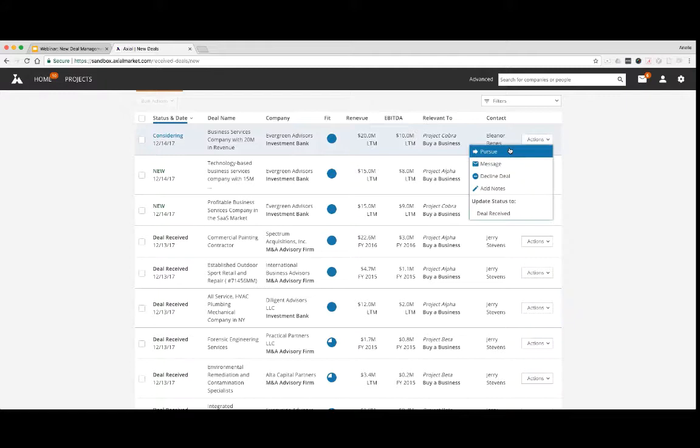You want to pursue it after receiving the information. You click pursue. You can send them a message or decline the deal. You can also update the status. When it's new, you can only update it to deal received. Once it's in the deal received status on this new page, you can mark it as considered to come back